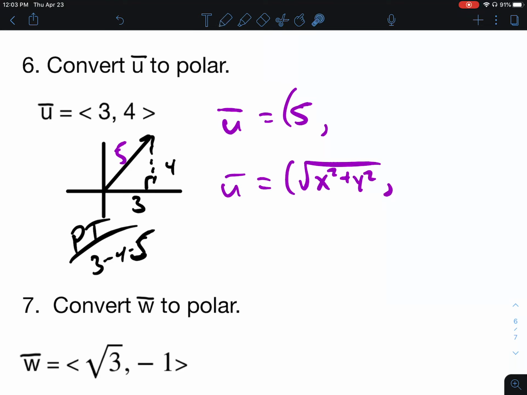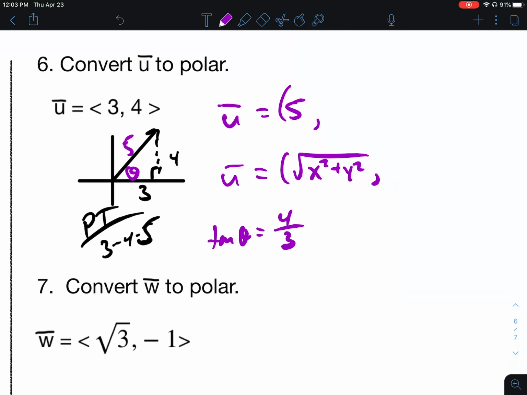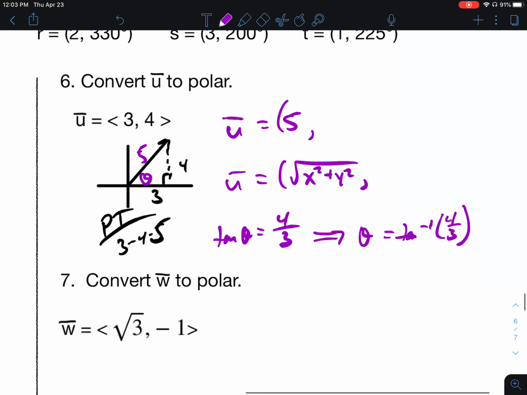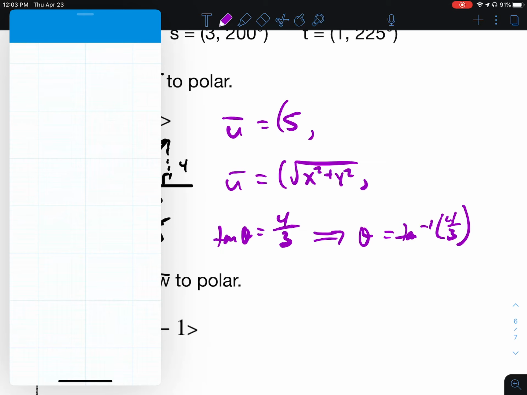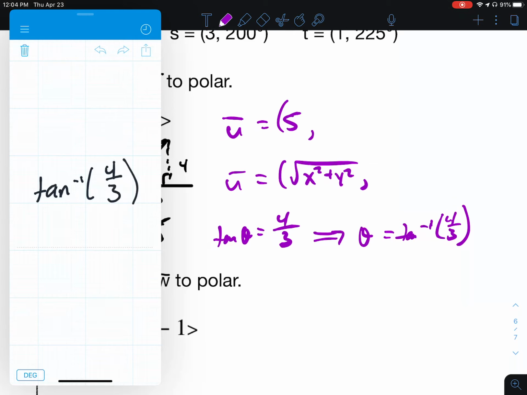And then to figure out what theta is, this angle, I'm going to take tangent of theta is y over x. Therefore, theta is tangent inverse of 4 over 3. Tangent inverse of 4 over 3